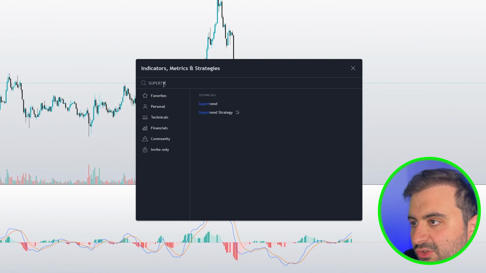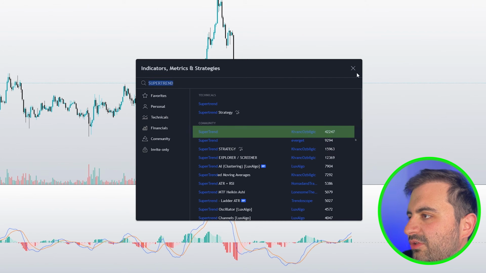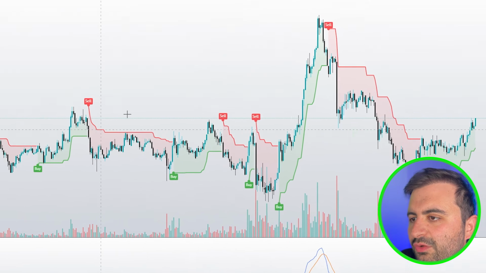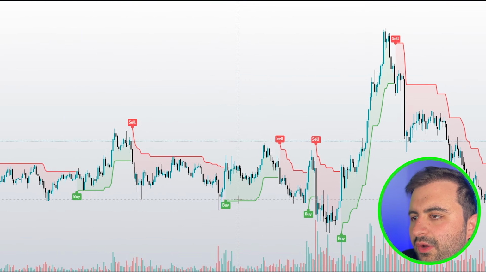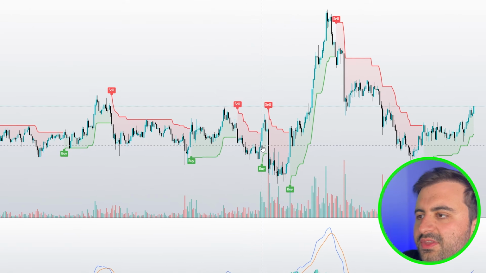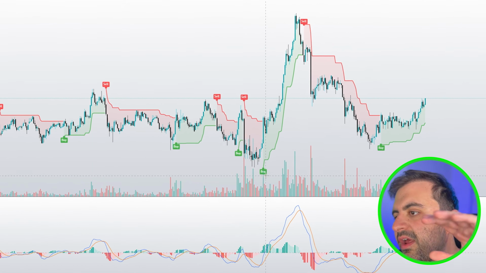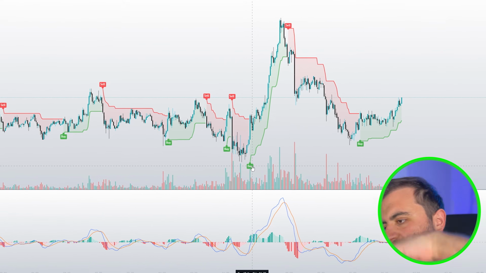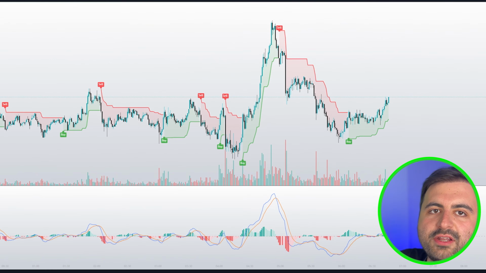which is called Supertrend, and this is from KivancOzbilgic. Click that to your chart, and this indicator will give you buy signals and sell signals, and you can also see this green cloud and the red cloud over here with the indicator, and it's basically self-explanatory here, so you can use these two indicators to confirm each other,